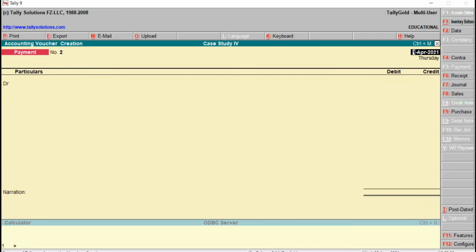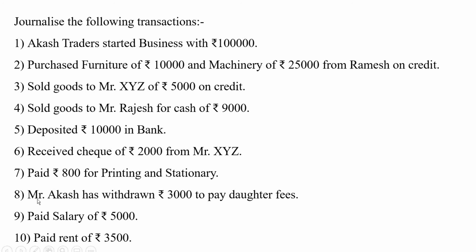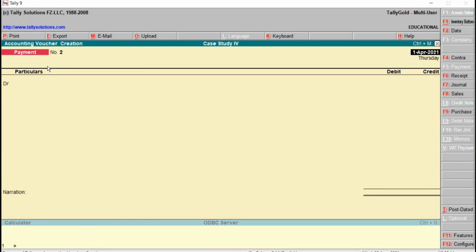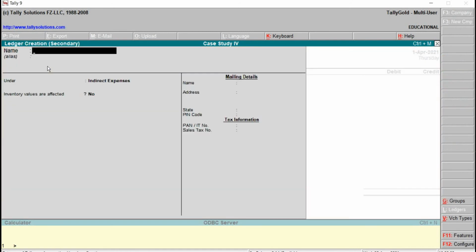The next one, Mr. Akash has withdrawn rupees 3000 to pay daughter's fees. This has to be recorded under the payment voucher. Payment voucher, debit drawings account has to be created. Alt C to create.